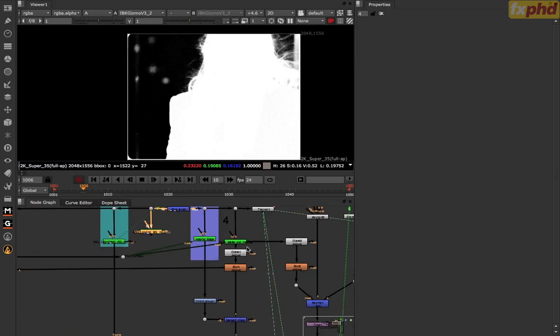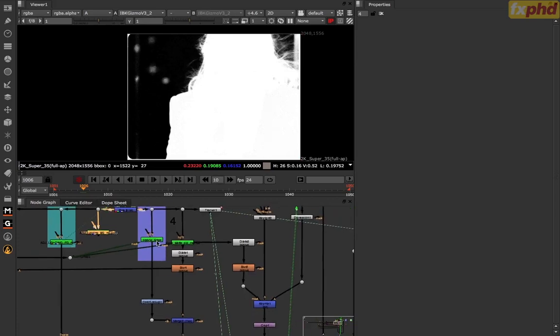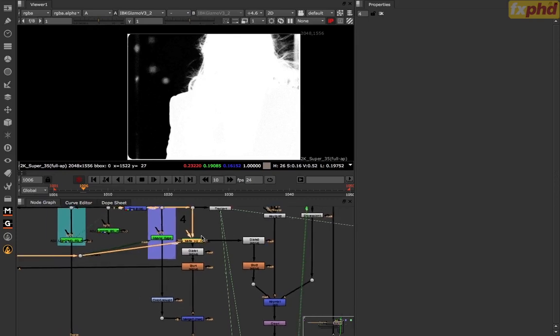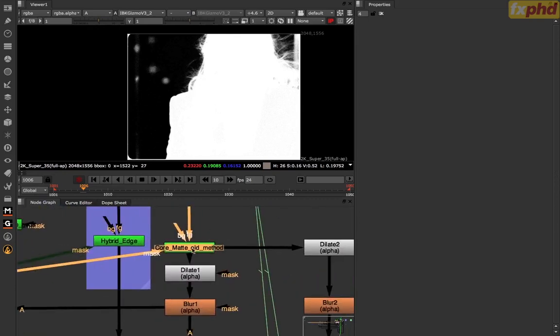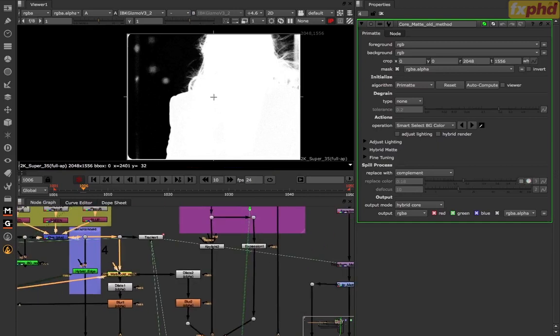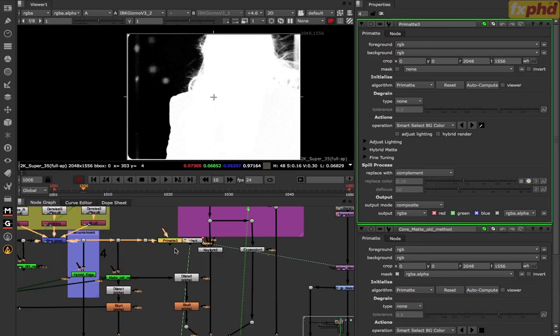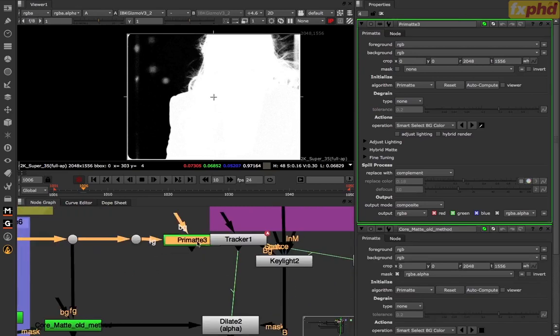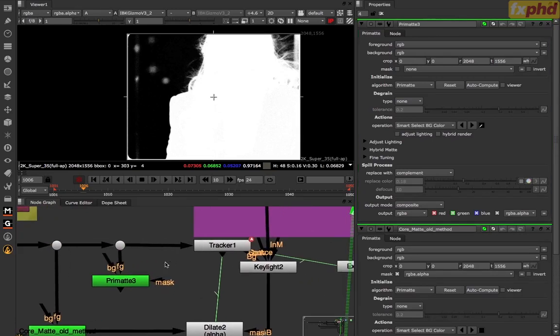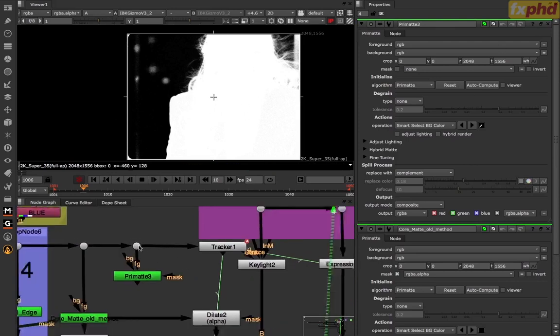So yeah, basically the next step that I had to do was create a core mat, but I did it using the old method. So maybe I'll just quickly demonstrate it. So Primat, here we go. And whoops, this is something that I always end up doing. It's where I branch a node off and then I grab the node and end up subsequently grabbing the noodle and disconnecting. But that aside,